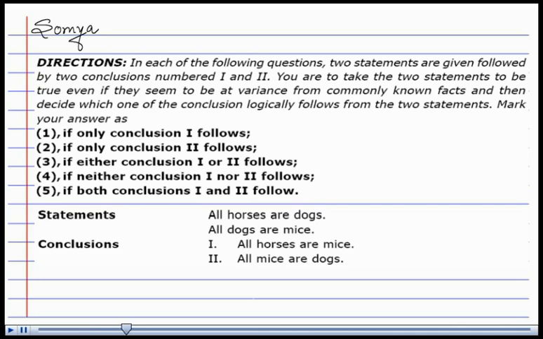Mark your answer as 1 if only conclusion 1 follows, 2 if only conclusion 2 follows, 3 if either conclusion 1 or 2 follows, 4 if neither conclusion 1 nor 2 follows, and 5 if both conclusion 1 and 2 follow. The question is,